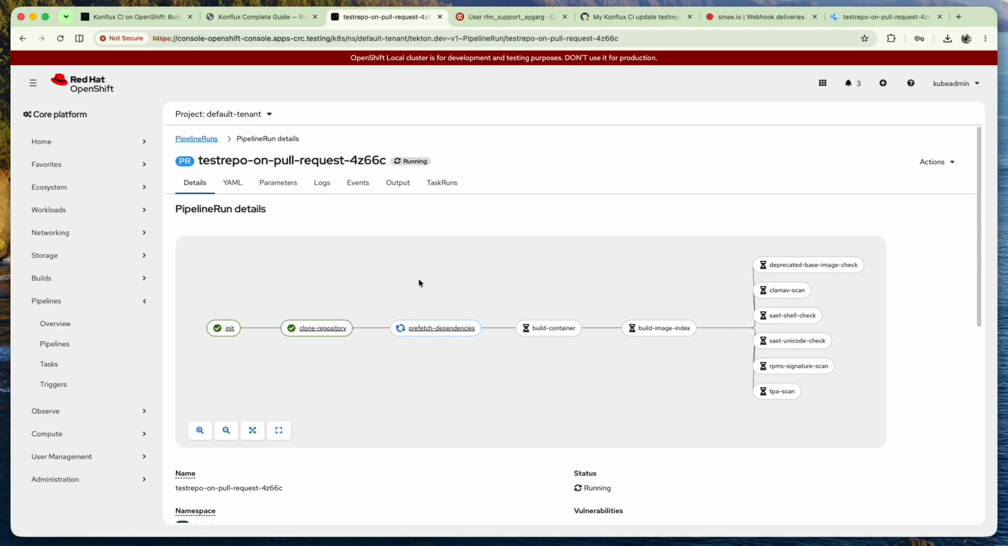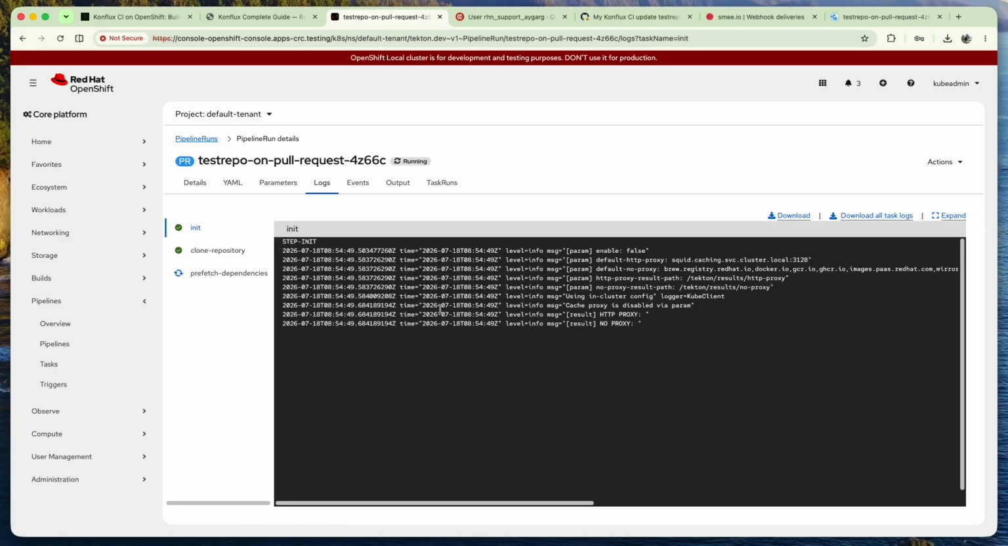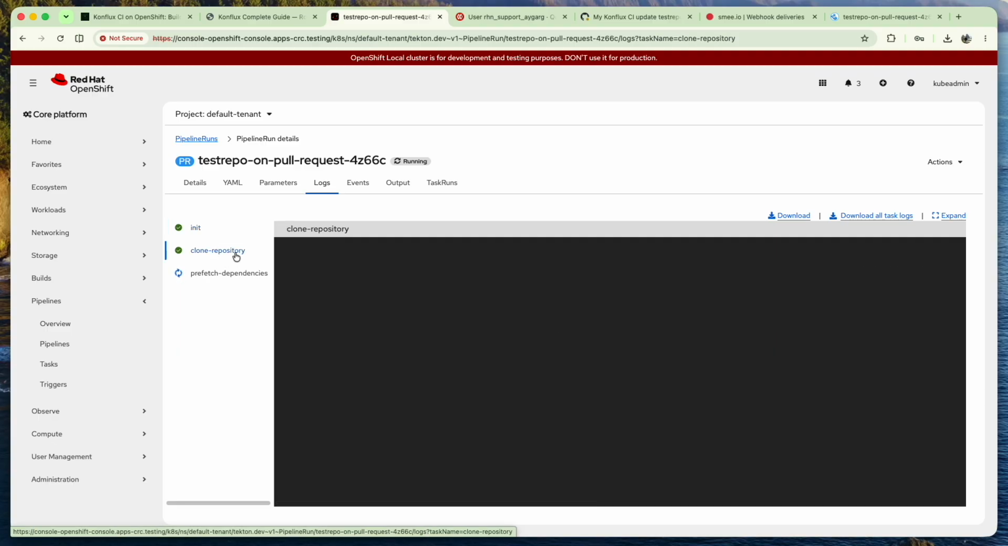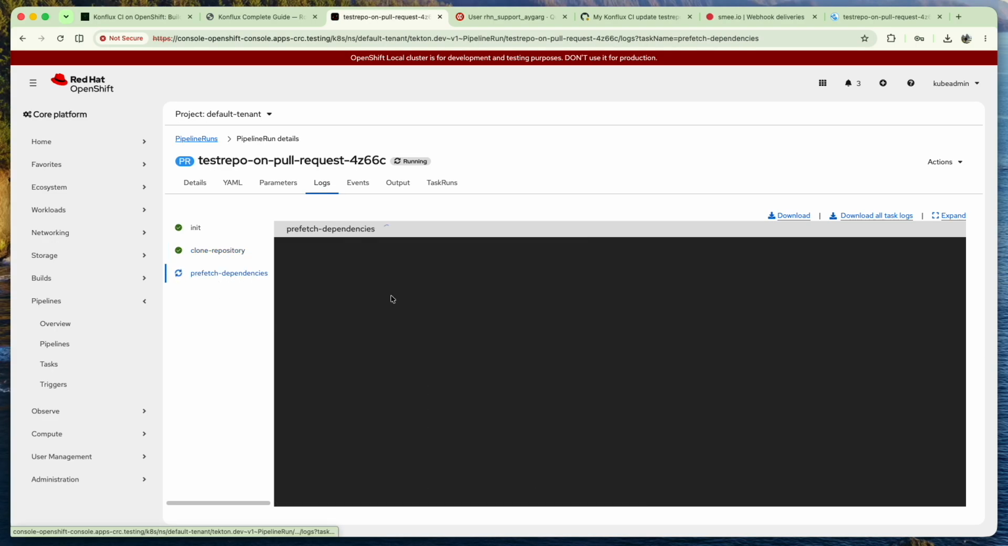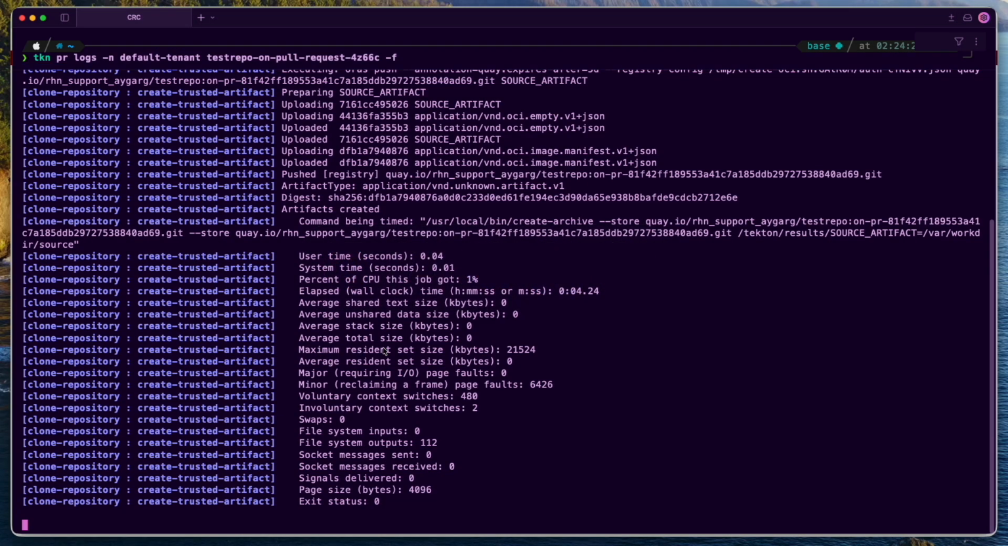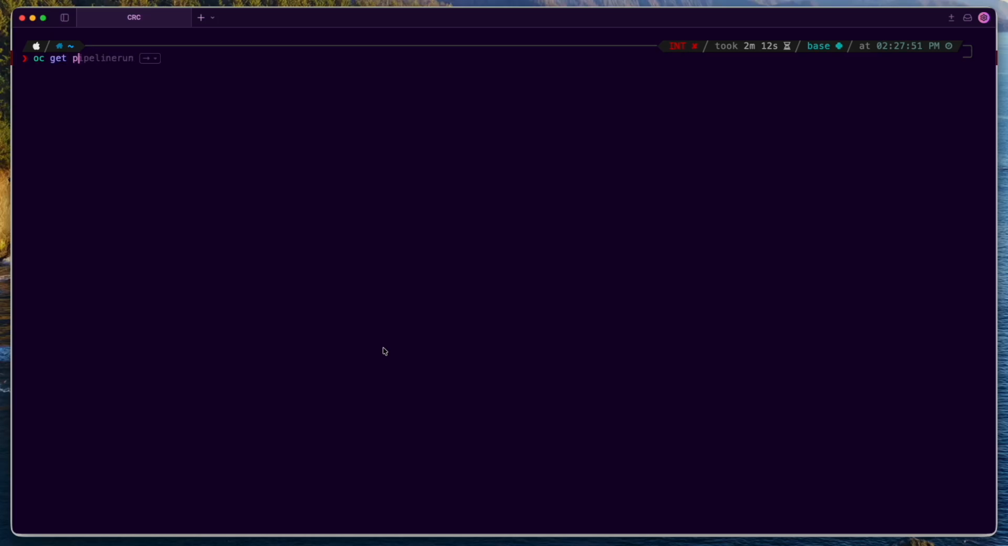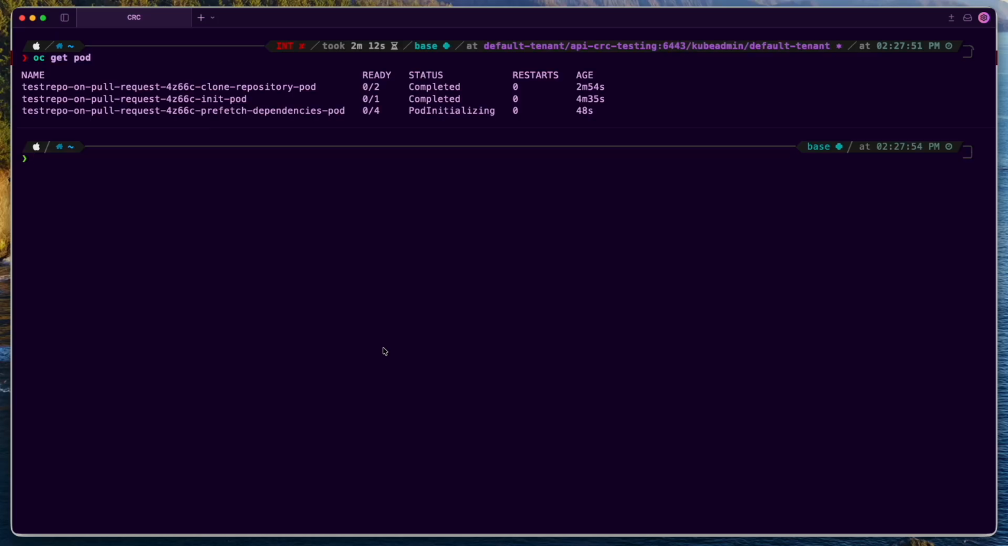And even side by side, you can verify the logs of these particular tasks over the pipeline run details itself. If I click on init, you can see all the logs are there for each and every stage. For the clone repository, it's cloning the code and prefetching the dependencies. Right now it's not showing any logs because the pod is still initializing. So if I hit Control C here and run get pod, yeah, as you can see,